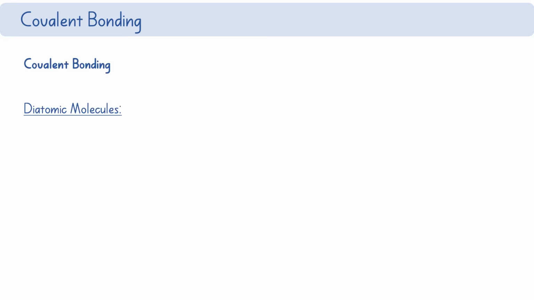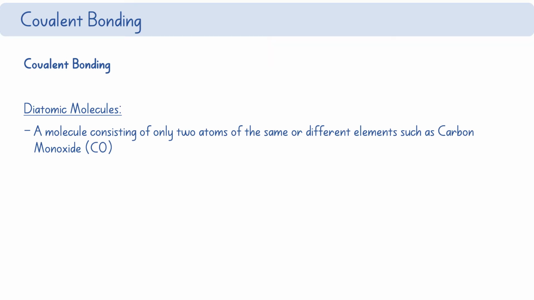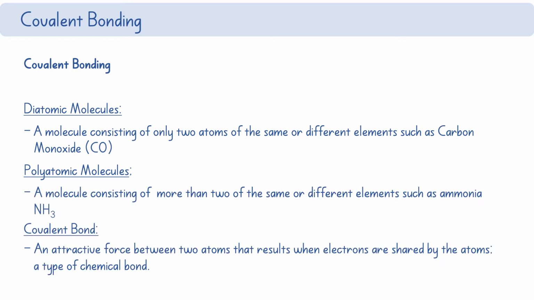First, we have diatomic molecules. A molecule consisting of only two atoms of the same or different elements is called a diatomic molecule. An example would be carbon monoxide, which is CO. Polyatomic molecules are molecules consisting of more than two of the same or different elements, such as perhaps ammonia,